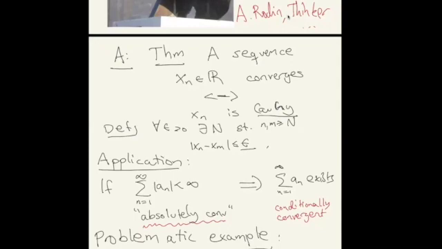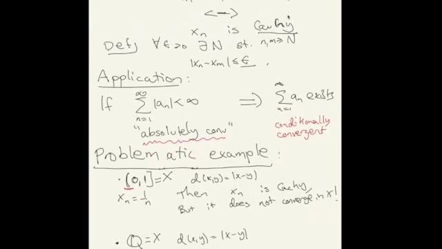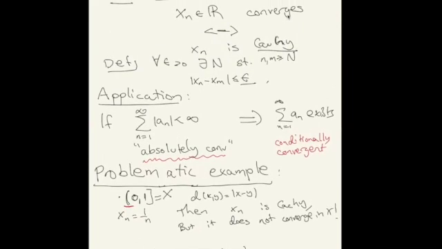Now, we would like to generalize this theorem to metric spaces, but we face some problematic examples, and these are the examples that you should think of when we're generalizing this to metric spaces. First of all, our spaces can have somehow holes in them. One example of this is if we take as metric space the half open interval (0,1], this is our space X, with the usual metric |x minus y|. Then if our sequence is 1 over n, x_n is a sequence that converges in R, and because it converges in R, it's also Cauchy. But it does not converge in X